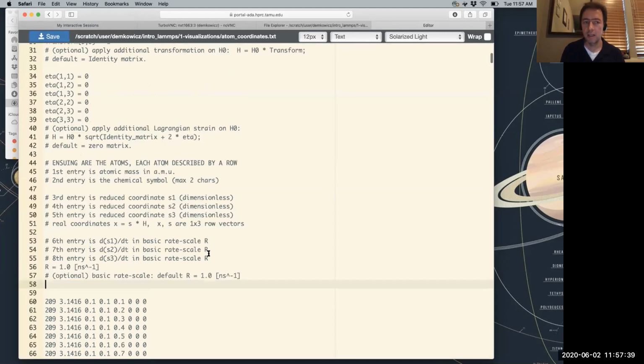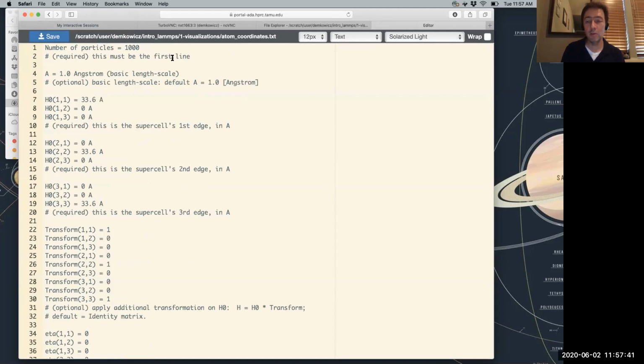You can write yourself a Matlab script that writes all this header. It's not too hard, but you don't have to. You can just cut and paste the header. The only thing that you need to know from this header is that this number 33.6 is 10 times the lattice parameter of polonium in angstroms. Why 10 times?